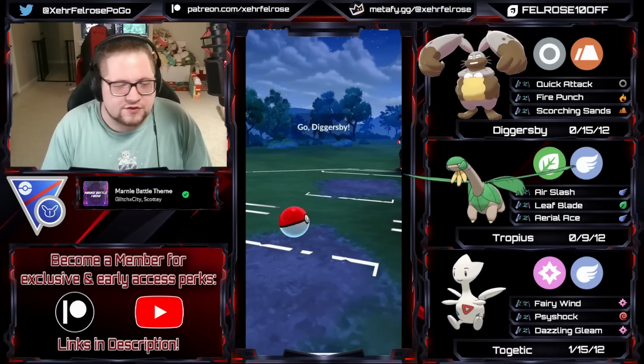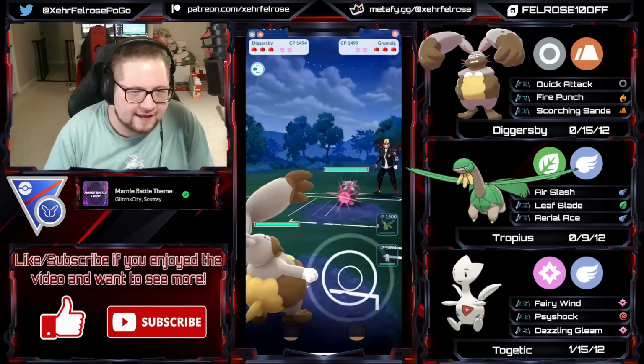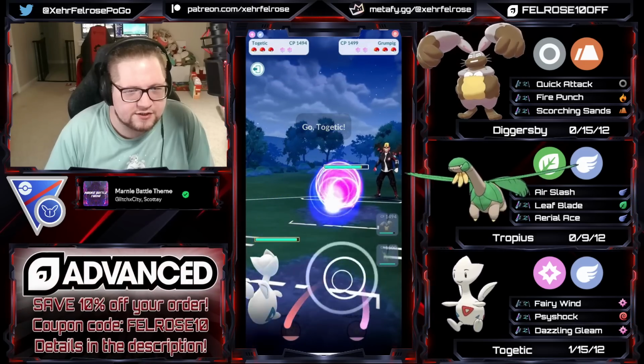Hard countered that opponent to smithereens. I'm sorry, it happens. Grumpig in the lead, very uncomfortable. Don't really have an amazing response here. I'm going to go ahead and stay in and look to swap on 6, maybe try to catch that dynamic